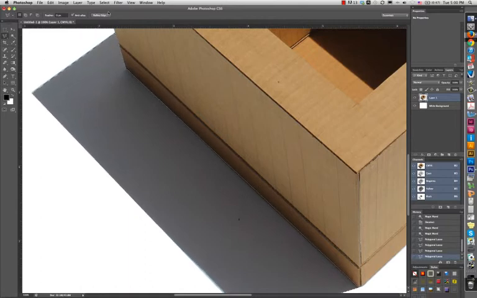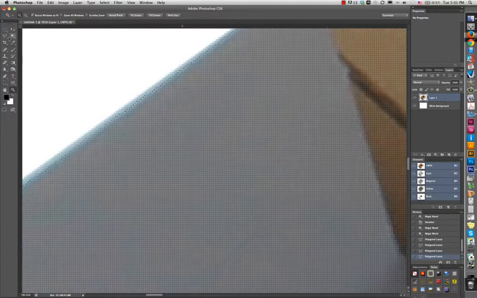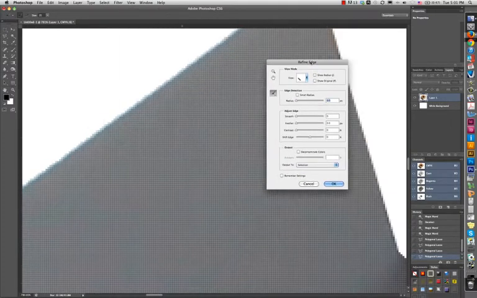But I might want to further refine the edge by feathering it. So over here on the side, we talked a little bit about anti-aliasing when we were working with Illustrator, but as you can see here, we've got this edge that's a diagonal that's working within a square pixel format. So if I go into my selection, I can choose to refine the edge,